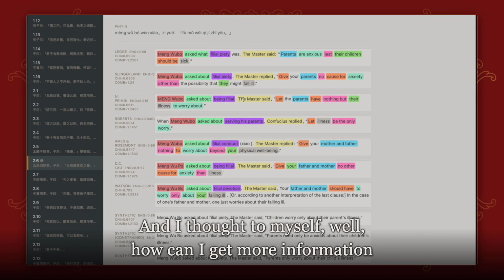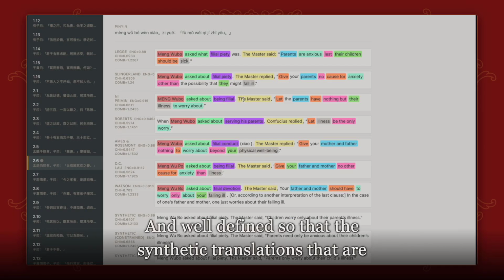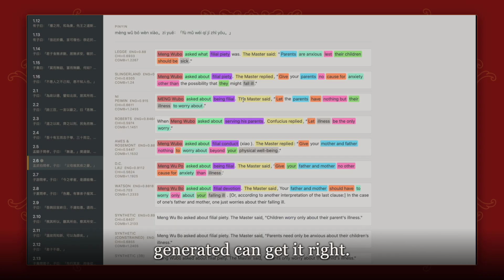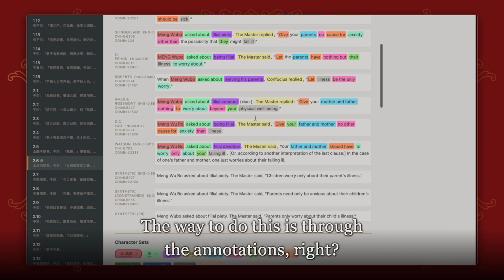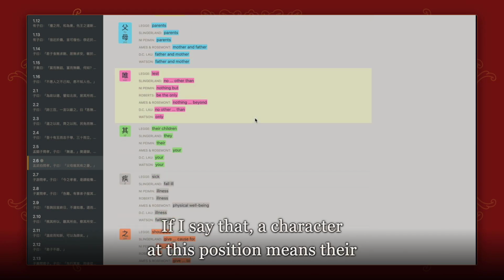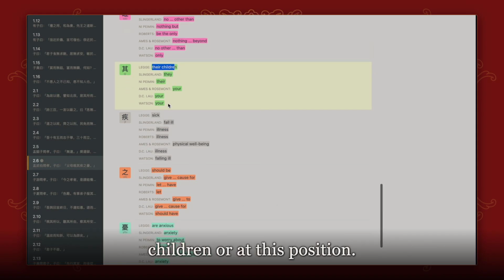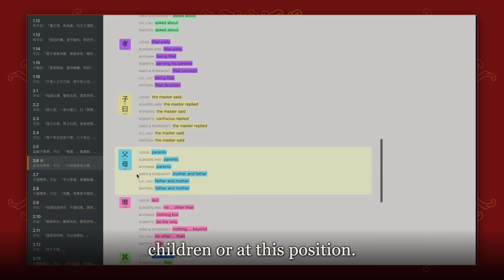And I thought to myself, well, how can I get more information about these translations into context and well-defined so that the synthetic translations that are generated can get it right? The way to do this is through the annotations, right? If I say that a character at this position means their children, or at this position,